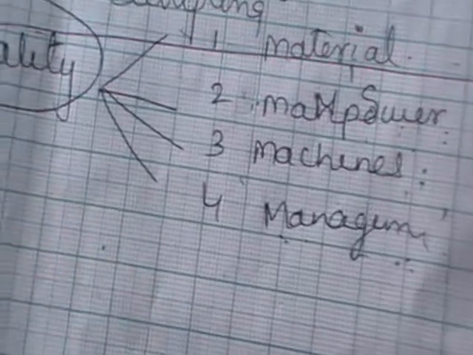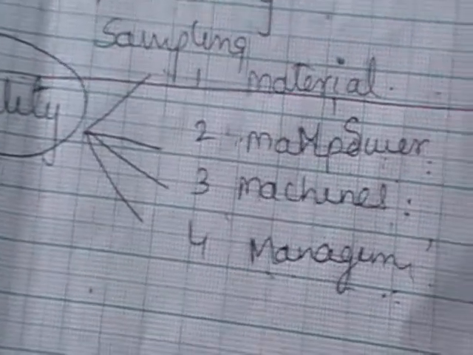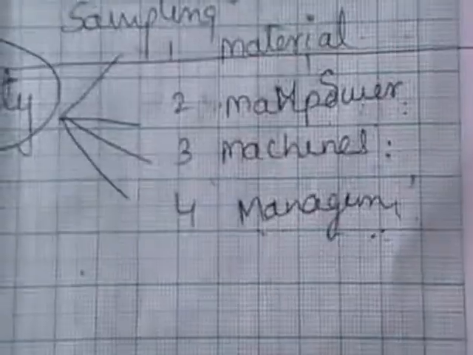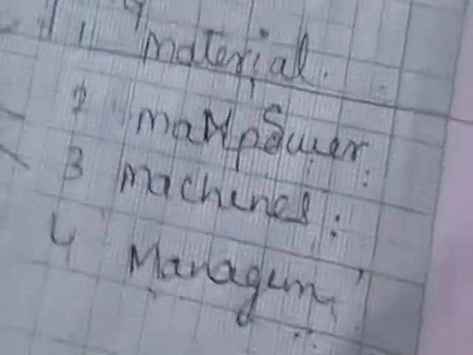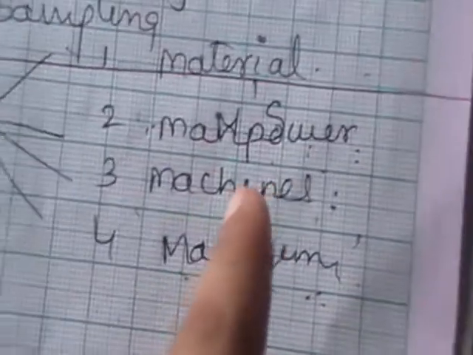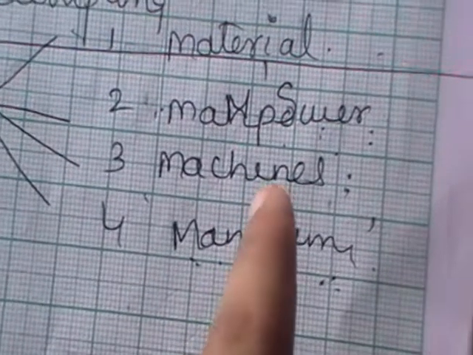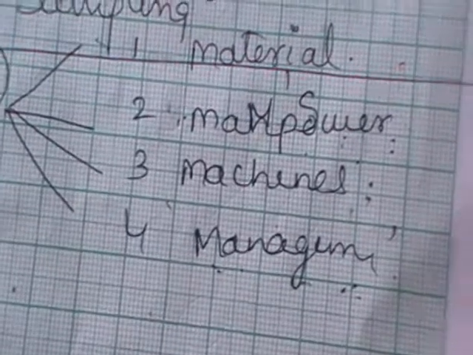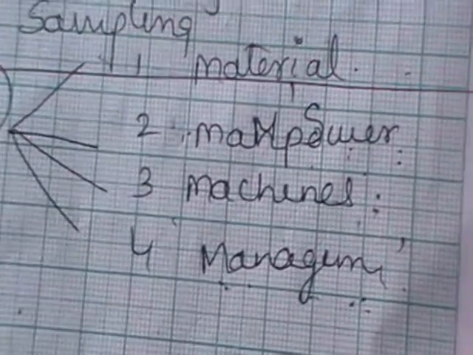Let us discuss what is this quality of material. Obviously, the quality of good material is going to lead to products of good quality. Okay, so let us say that if I take bad, means less quality, raw material, I am going to get defective items. Similarly, manpower means trained and qualified persons will increase the efficiency due to the better production. Similarly, the machines, better quality of the equipment will result in the efficient work. So if you have machines with defectives, I think the running time of the machine is going to disturb the quality of the product.